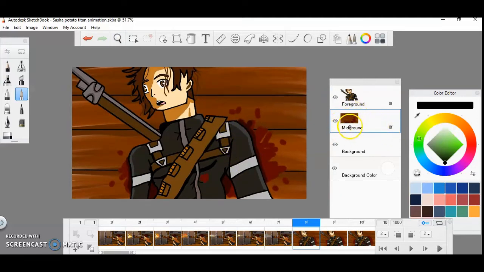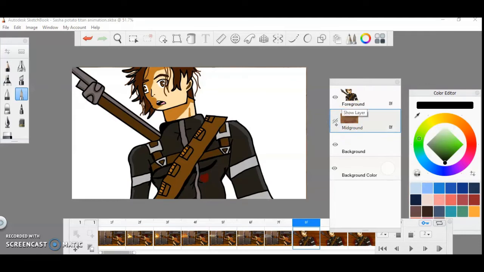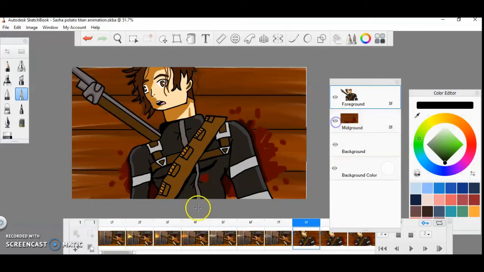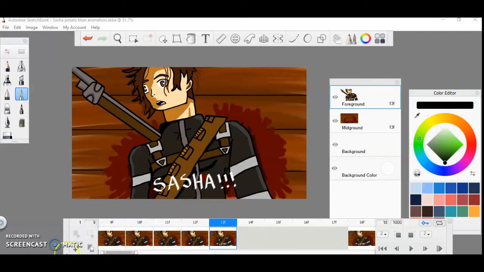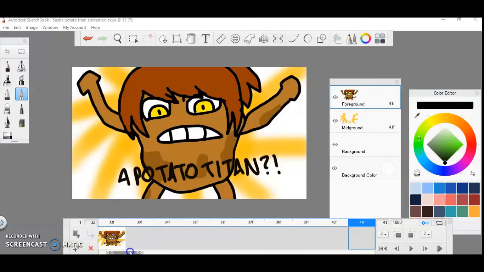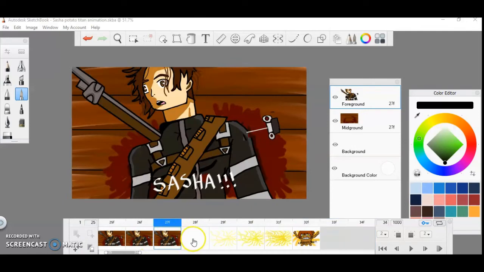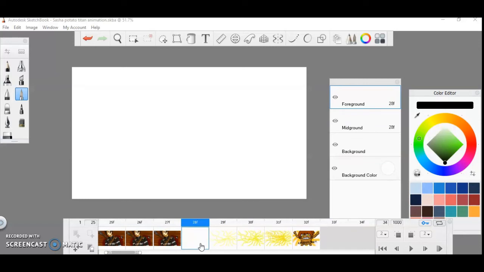I first, for this, drew the background, although when I was actually drawing Sasha, I decided to turn it off, just for simplicity reasons. I spent a long time again drawing Sasha from the reference in the anime to make sure everything looks good, although I'm still not entirely happy with her face. But it's okay. I also drew the blood, just adding extra for each initial shot, and then the text of Connie screaming about Sasha. Next, I drew the Titan Serum Needle, and then I began the next cut, which was the Titan transformation scene,